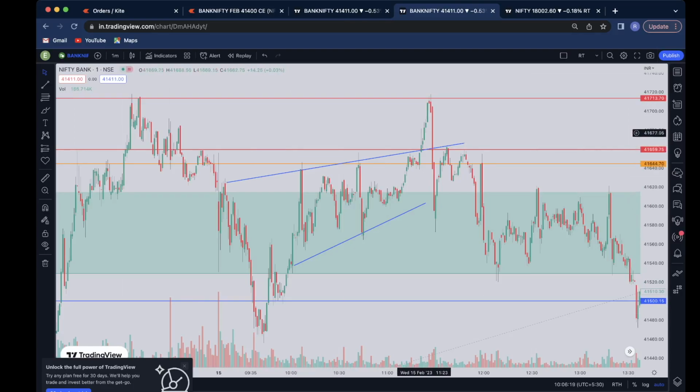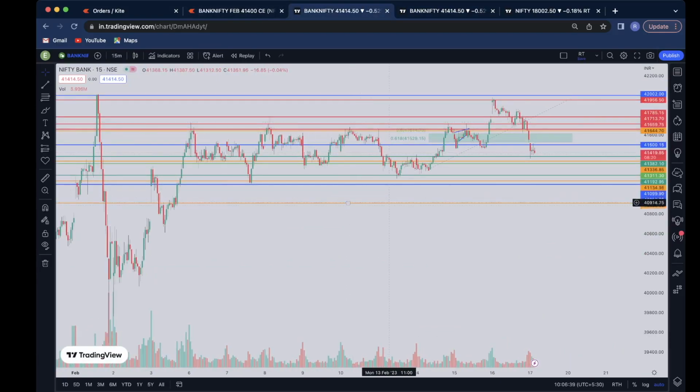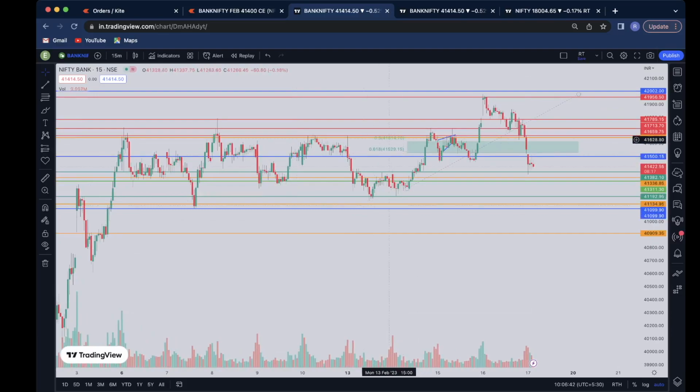So why is the market moving up now? We don't know, so we waited till here, and at this position we bought a put option, and somewhere up till here we exited. My point is that the market gives a false breakout and then it traps the buyers. The same way in the 15-minute charts, the market was trading in the range of around 41,650 and 41,099. The market gave a breakdown, and yesterday it all fell down by trapping the buyers.